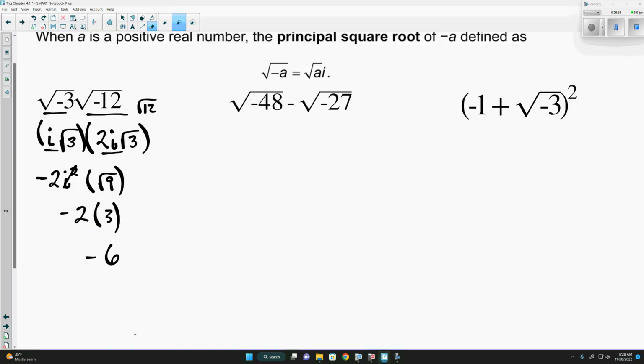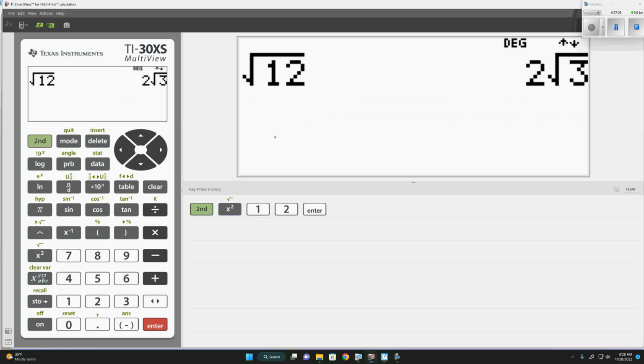So if we look at this here, we can look at the square root of -48 first. Well, I know the negative is going to come out as i, leaving us with the square root of 48. Yes? Now we could do several different things. We could do the factor tree. We can start dividing by perfect squares to see how this simplifies. Or